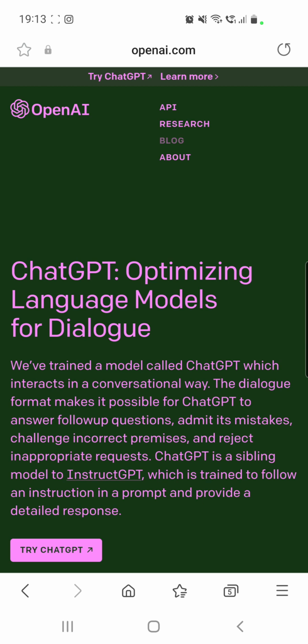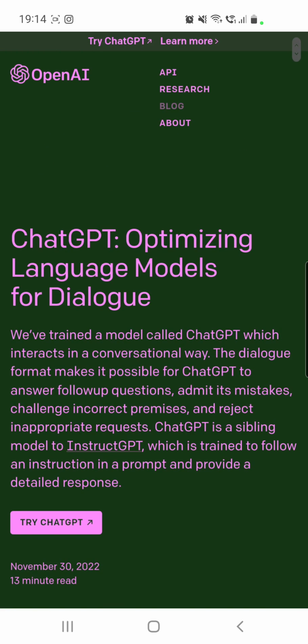As you can see here, I am already on my phone. I have a Samsung, but if you have an iPhone, you have to follow the same steps. It doesn't matter if your phone has Android or iOS. So if you want to use ChatGPT for your school, or if you want to make money online from your phone, just go to Google